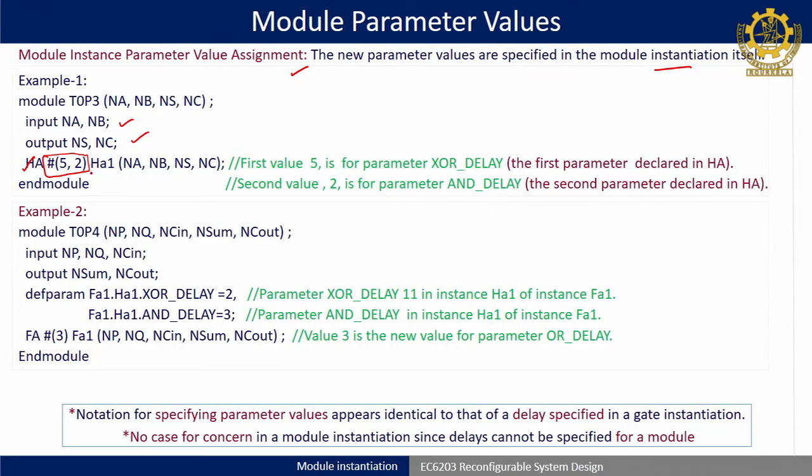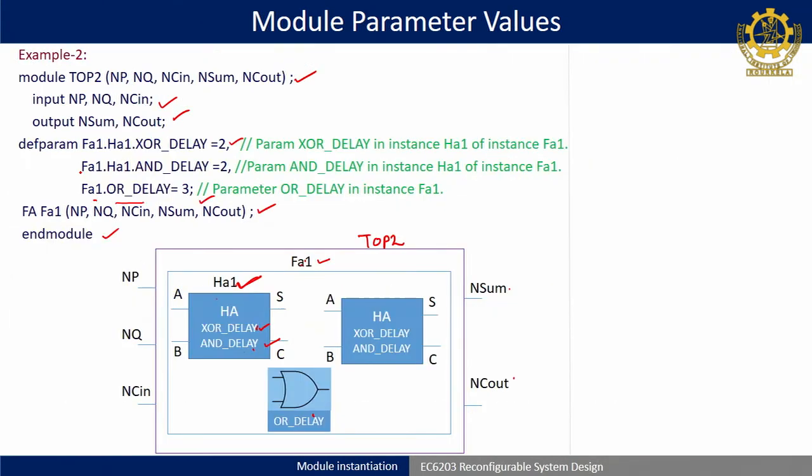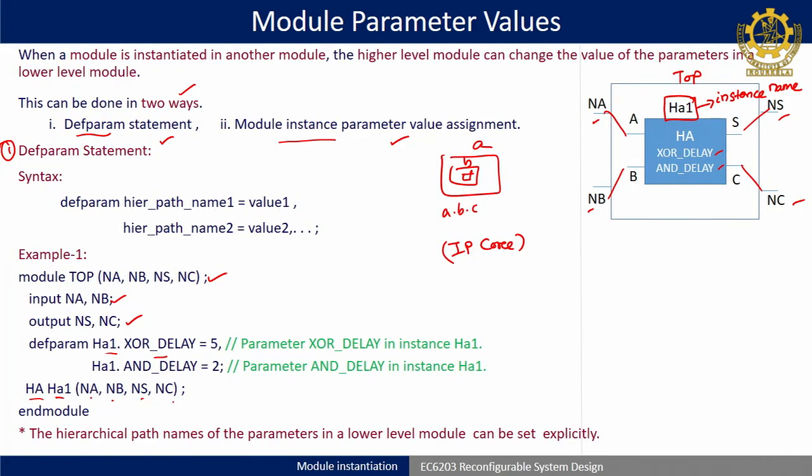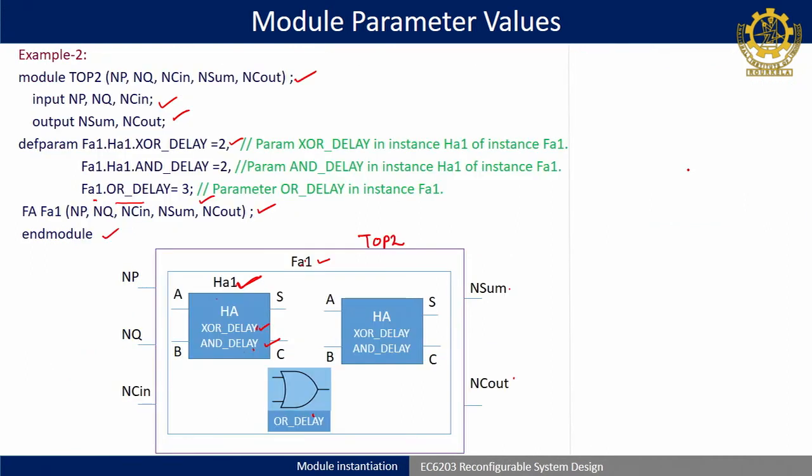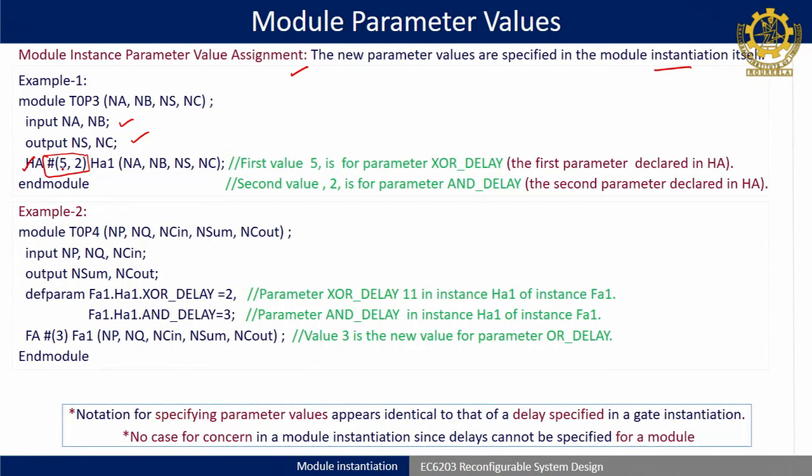While doing this you have to go only one level below, not more than that, because here in the half adder module, in the same module below only I called it. This example actually refers to this figure. So here only in the half adder two parameters are there. So directly 5, 2 followed by hash you have to define while calling itself. This portion is extra; till now we have discussed it, we have not written it in the syntax.